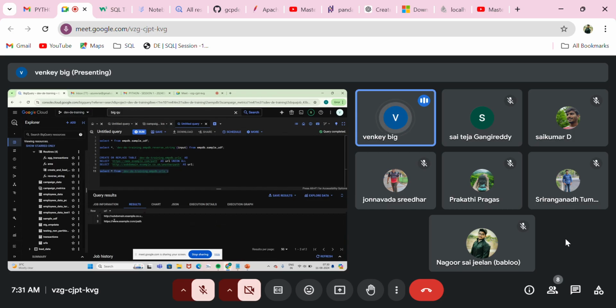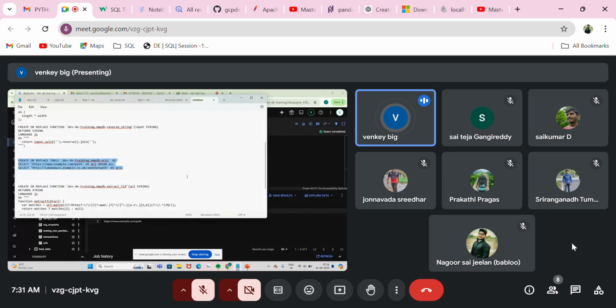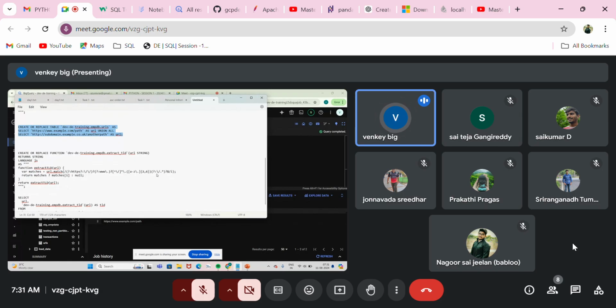Okay, see here, I have my data in my table, which is actually the URLs data, and I want to write a UDF. I want to write a UDF to identify the domain from the URL, right? So here, if you see, I'm just creating